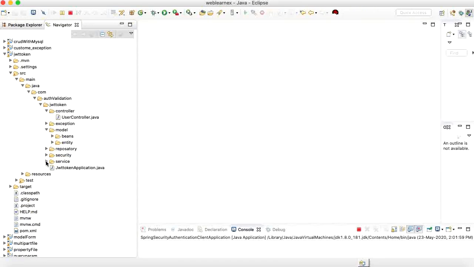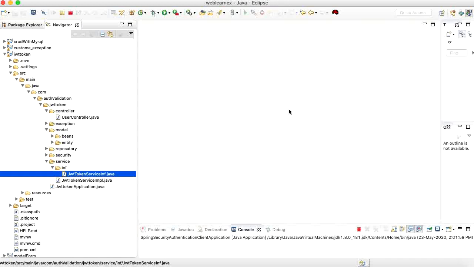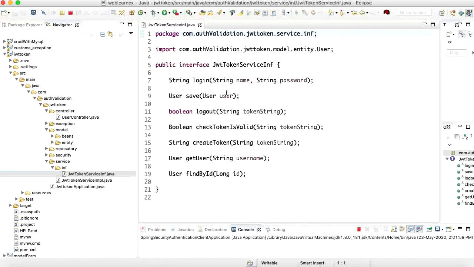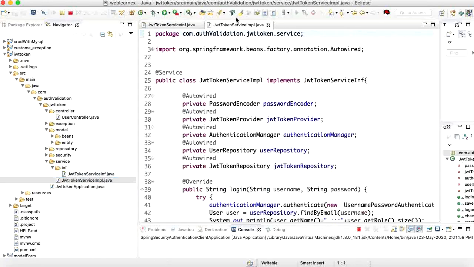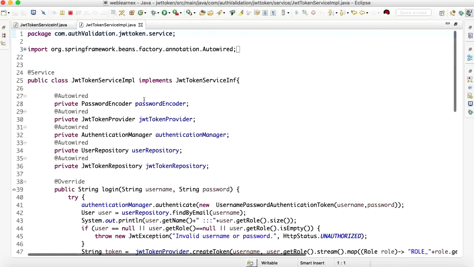And in service, let me show the service. I have created one interface here, the service interface, and I pass some endpoints like login, save, logout, check validate, check the token, create token, get user information, find by ID, and I have defined all of these in the JWT token service IMPL.